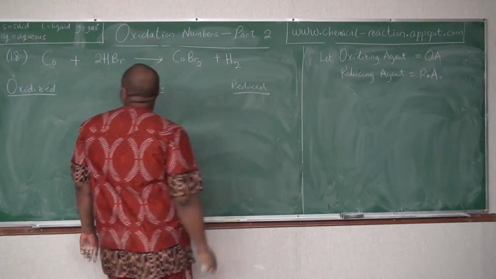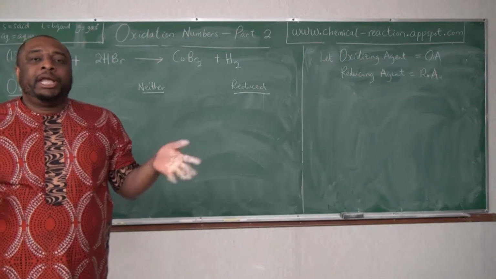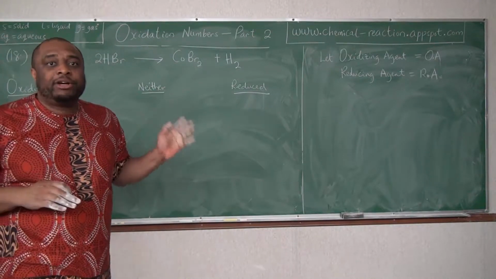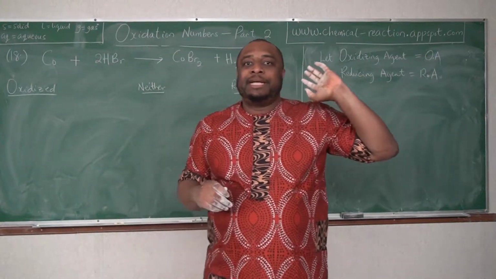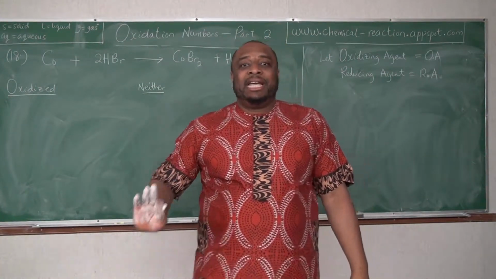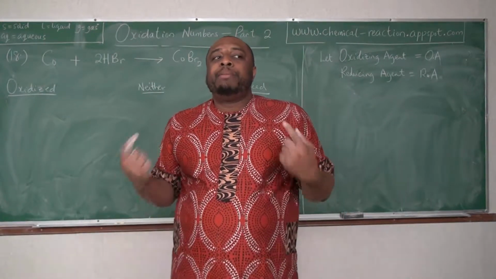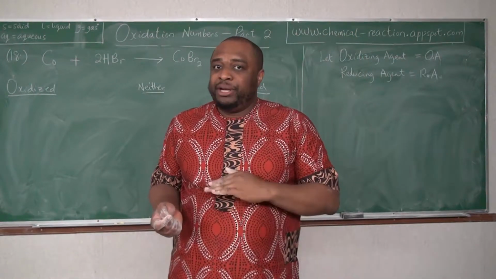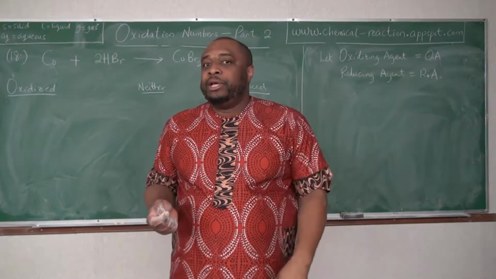So let's look at the oxidation numbers, because how do we know all this? We know this by oxidation numbers. If we have an increase in the oxidation number from reactant to product, that means that substance was oxidized. If we have a decrease in oxidation number from reactant to product, that means that substance was reduced. Remember what I said, if you had $5 yesterday, today you have $2, you've been reduced. If you had $2 yesterday, today you have $5, you've been